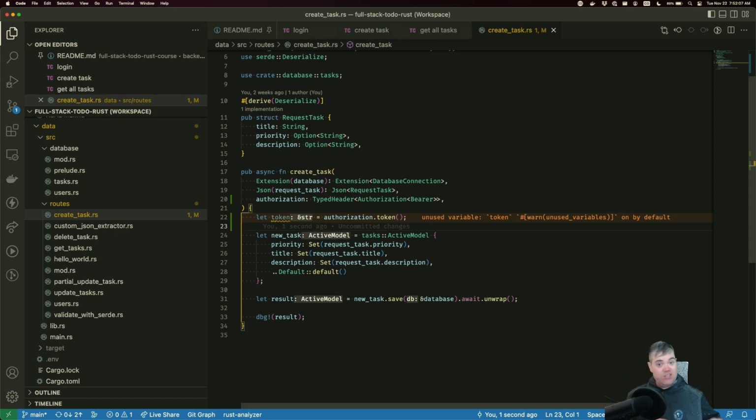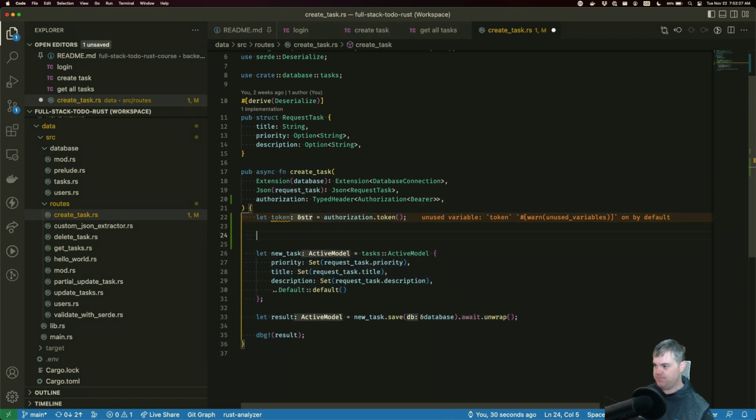So given this token, before we do anything like actually create something in the database, we need to go get the user with this token. If we can't find it, clearly that user is not allowed because they've logged out or the token expired if we had some system like that. Let's go ahead and let's go find it.